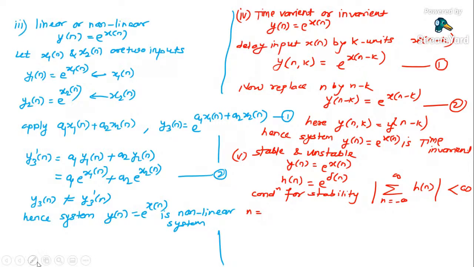See, you can take it. Now put n is equal to 0. So what will happen? h of 0